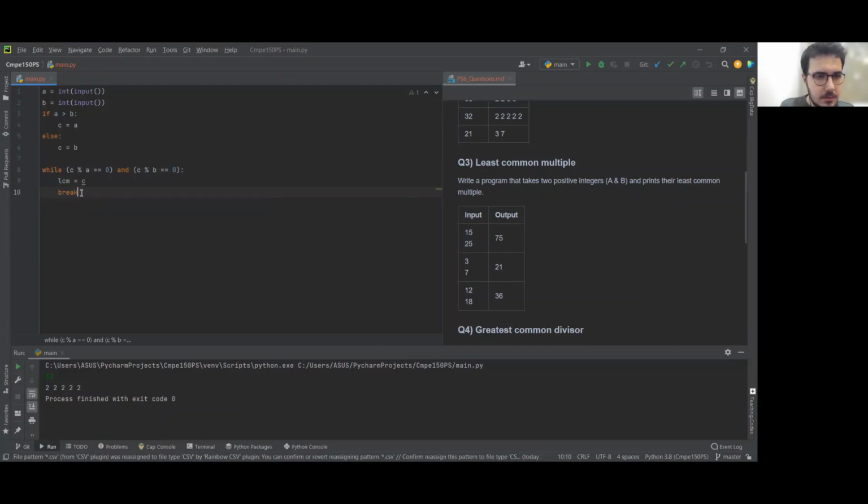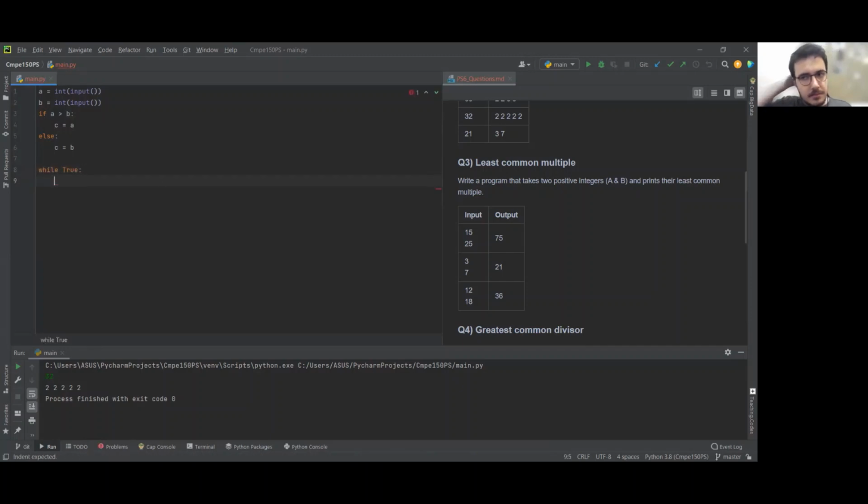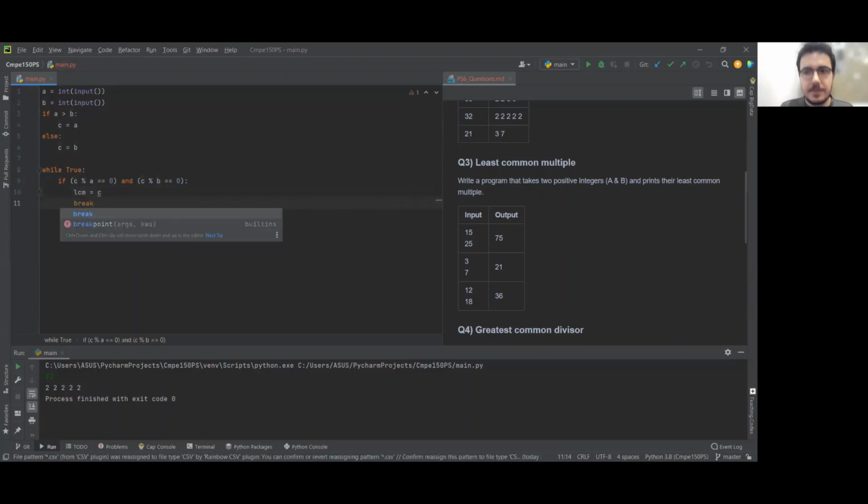Sorry, I have done something stupid. So I will operate this while loop initially as an infinite loop. So if I write while true, this will operate infinitely. So if C can be divided by A without any remainder, and also if I can divide C by B without any remainder, then I can say that the least common multiple is equal to C, and I can break this infinitely operating loop. And else,